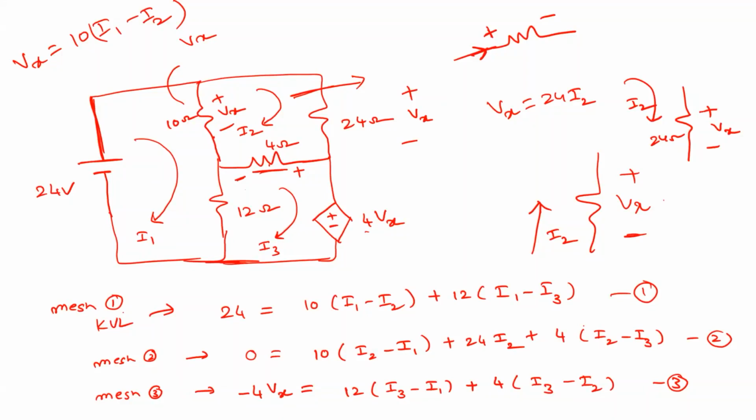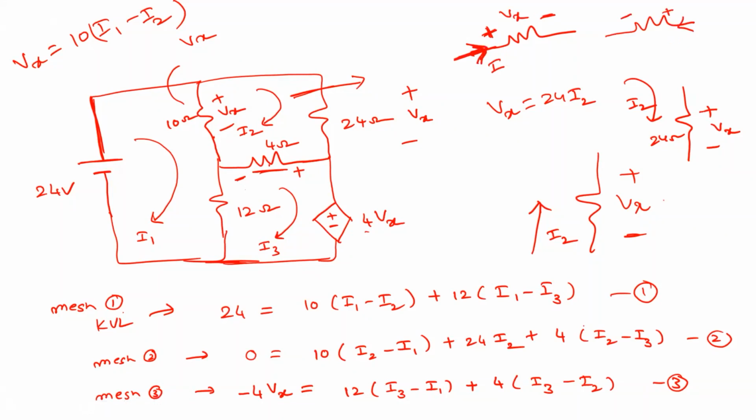So when you have a dependent source, how to determine I2 minus I1 or I1 minus I2? That's why I told you, right? If the positive current is entering this terminal, this will be the positive polarity and this will be the negative polarity. So this is Vx, this is I. If the current is in this direction, this will be positive, this will be negative. That's all.